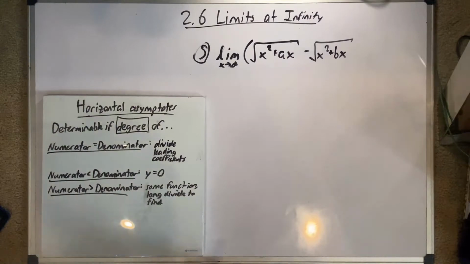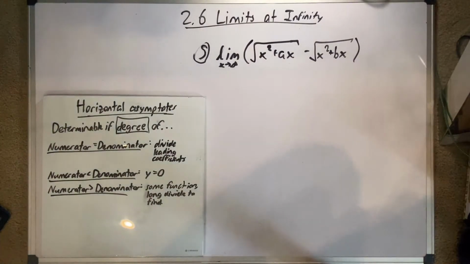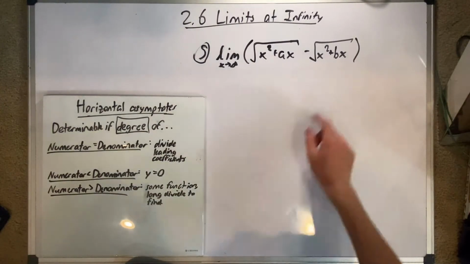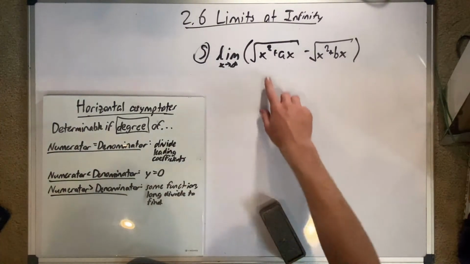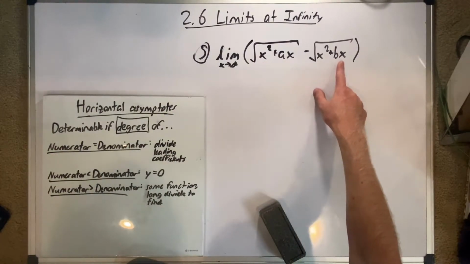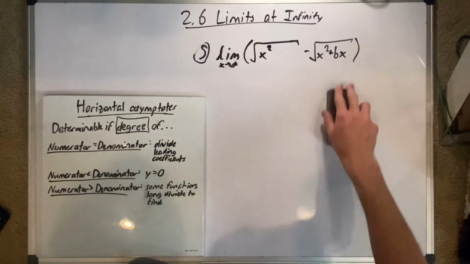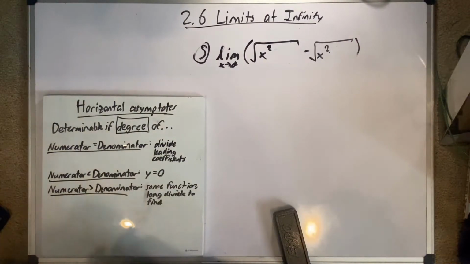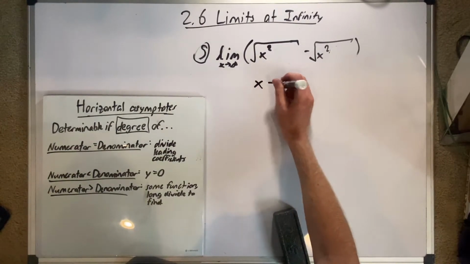Okay, this one doesn't need to be super difficult. I'll explain to you how this one works. So let's think what the heck is going on here. Limit as x approaches infinity of this nonsense. First of all, we have the runners again. We have a squared term here and a single term here. We have a squared term here and a single term here. These can be, as far as we're concerned, completely negated. The radicals then hit the remainders. We're left with x minus x